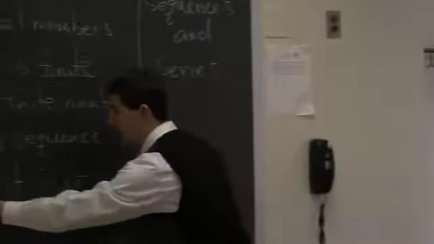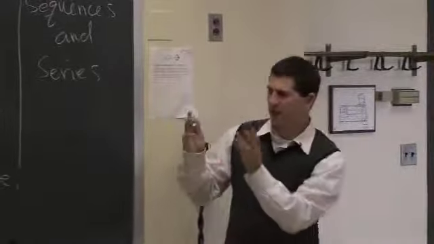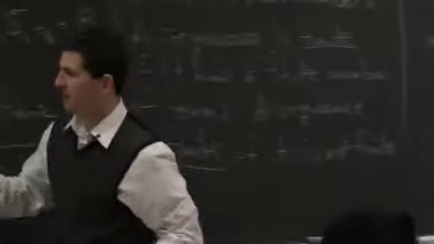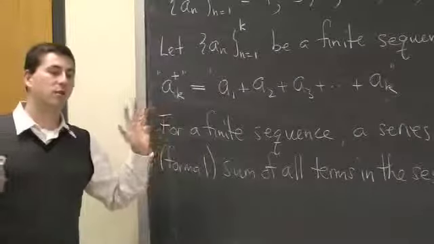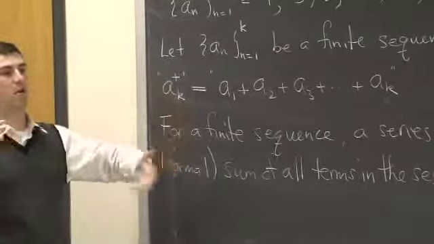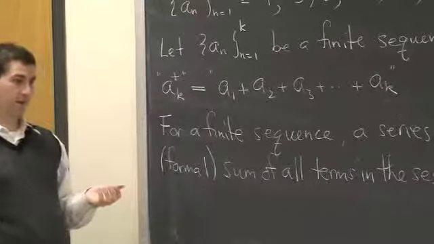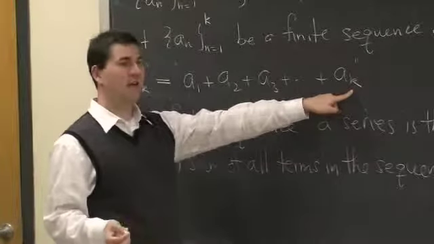From infinite, right? That's where we're going to have problems. We're going to define things in a very abstract way for the finite sequences, so that we can do the same definition for the infinite sequences and not have to all of a sudden change things up. Because what's the problem? If I start adding up terms from an infinite sequence,